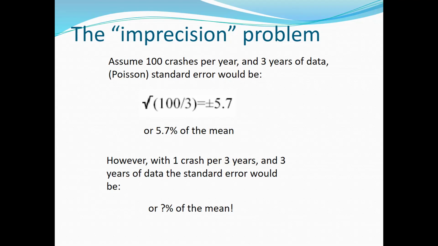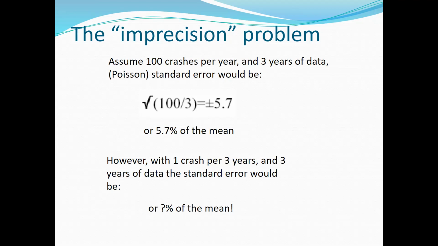If you go one standard deviation away from that, you can expect maybe about 105 crashes, or something like 94 crashes per year. If you go 2 standard deviations away, you can create a 90% or 95% confidence interval around the average, right? But let's say now you're talking about a site